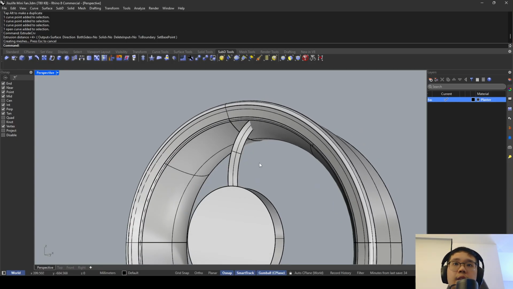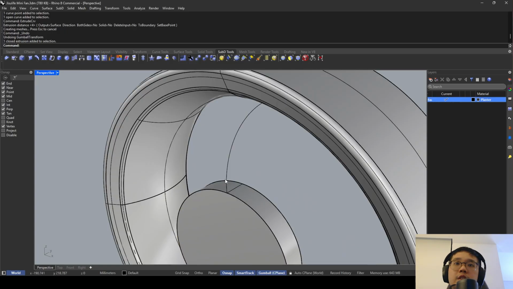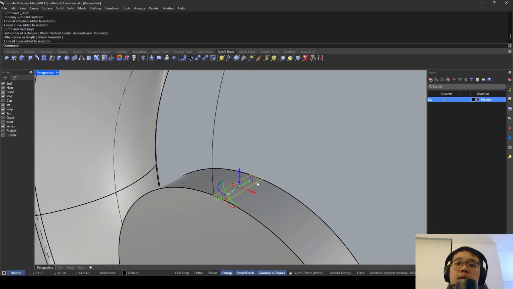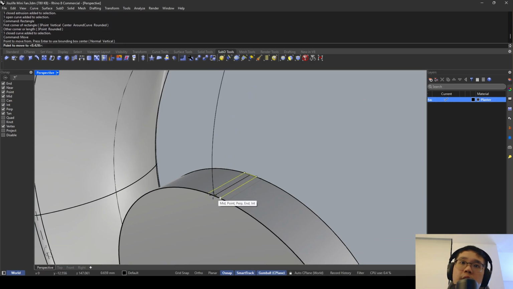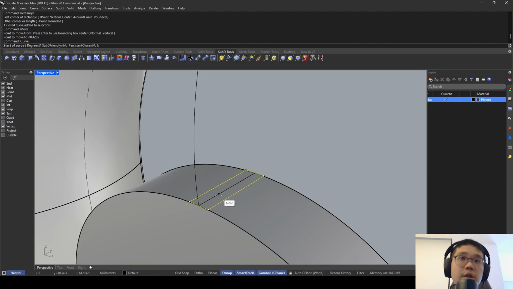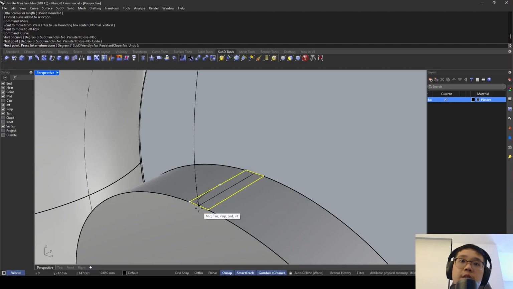See, before I do that, I think just like the back portion, I will do a sweep. Center this. I will just do a curve for the center,